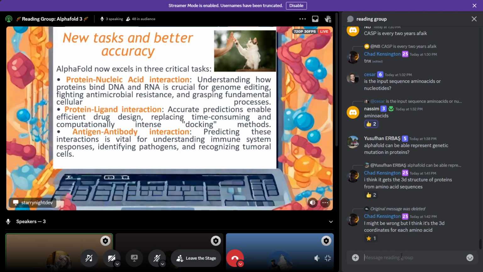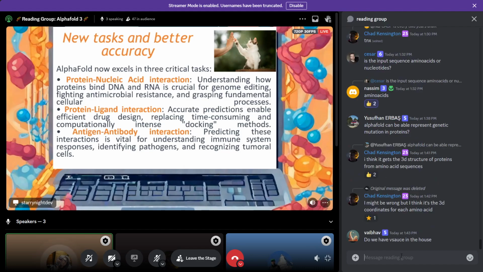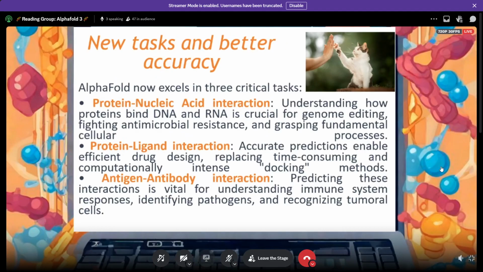I don't know if you ever heard of sickle cell disease, or if you know someone that has sickle cell disease. If you know someone that has sickle cell disease, chances are that not too far in the future they will be cured with CRISPR-Cas9. And let's say AlphaFold 3 may be helpful in building a specific protein, a specific Cas9 protein, because the protein is known as Cas9, that is able to help your friend, your acquaintance, to get cured from, let's say, their condition,